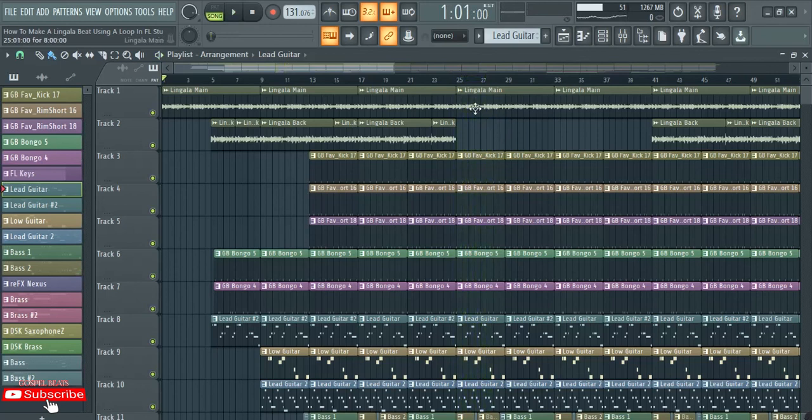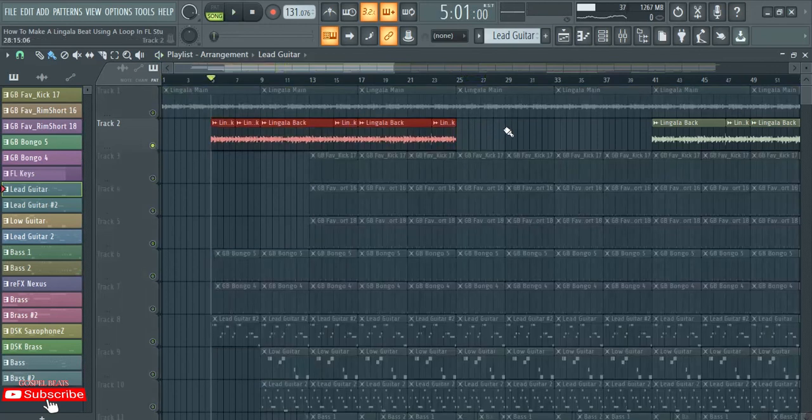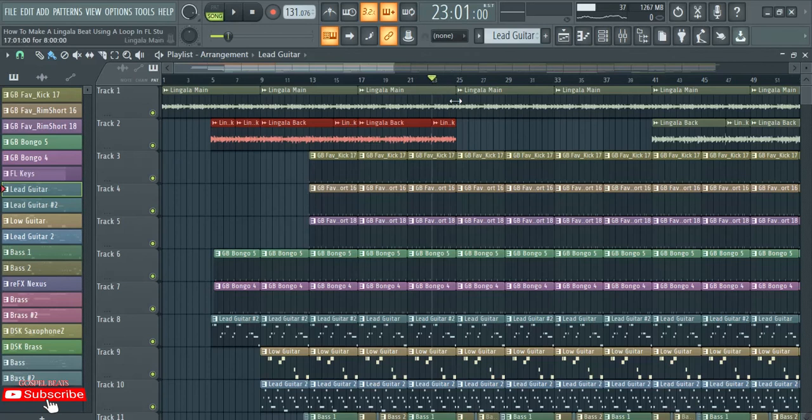So as you can hear, this loop which is at the bottom, when it comes here, I was removing it so that that's where the verse is. You can even hear it when it just reaches here. You can hear that there's a change with the beat. Just pay attention here.